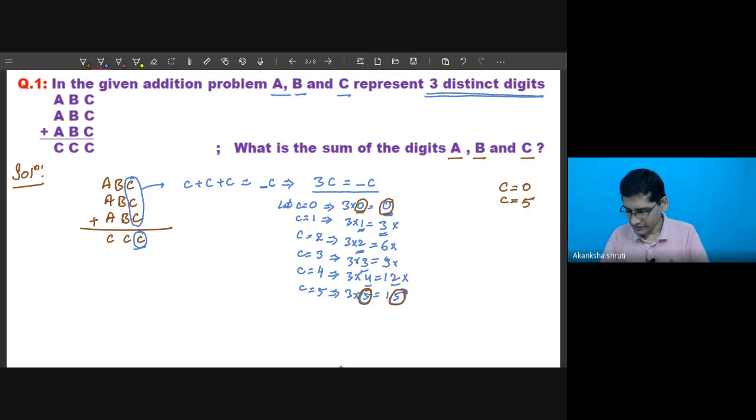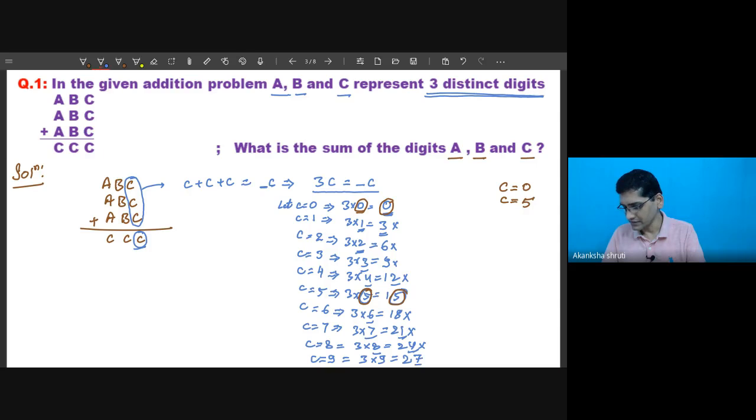So let's take C is equals to 6. We get 3 into 6 is 18. It is not possible. C is equals to 7. Then 3 into 7 is 21. Again, it is not possible. C is equals to 8. 3 into 8, 24. Again, it is not possible. Then C is equals to 9. 3 into 9,